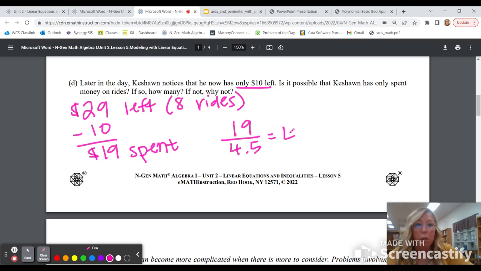That comes out to 4.22 repeating. Is that reasonable for the question at hand? Has he only spent money on rides? This would mean that he's ridden 4.222222 rides. Is that reasonable? I'm going to pause the video here, let you answer that question, and then exercises